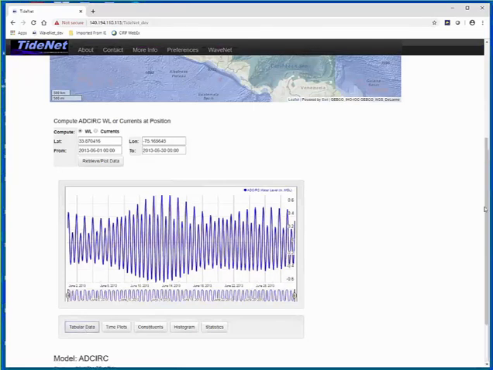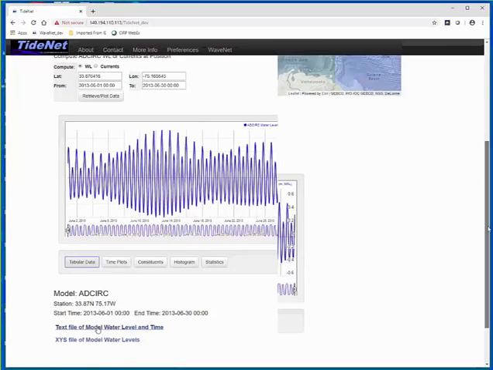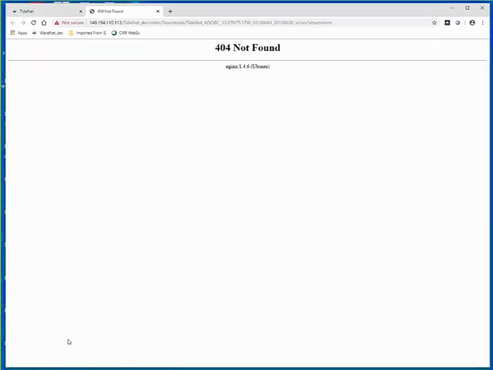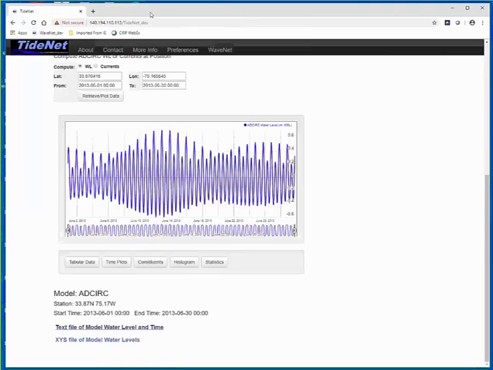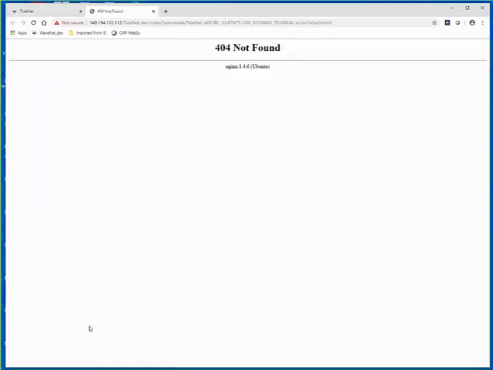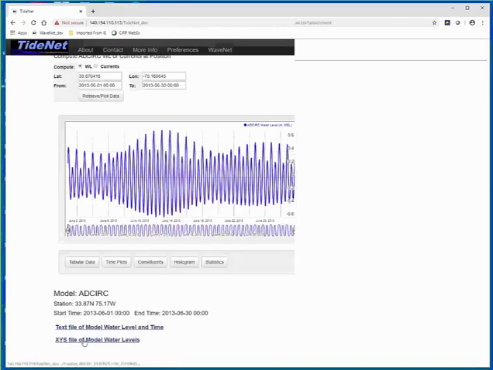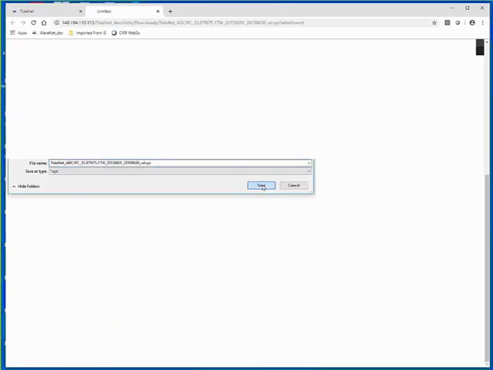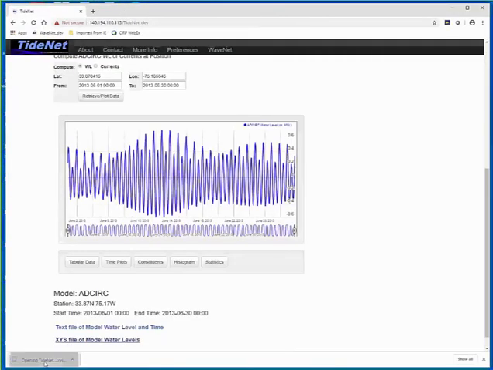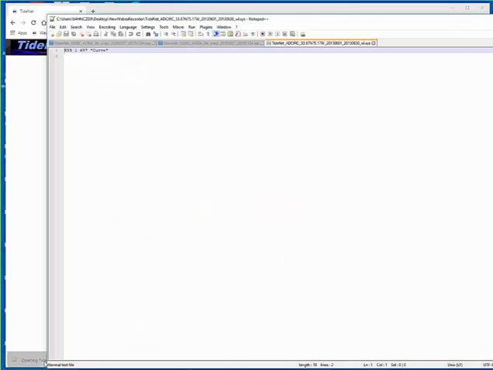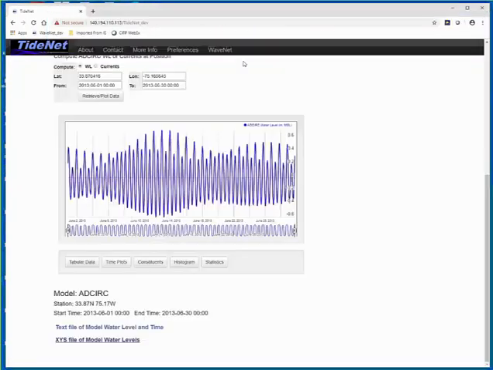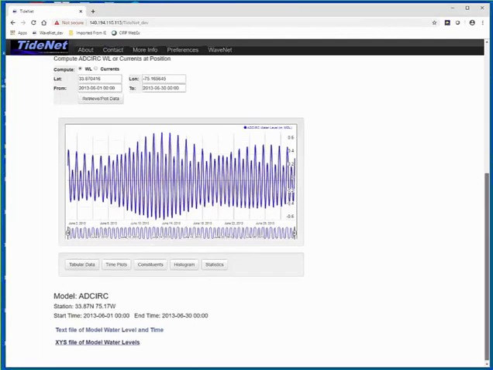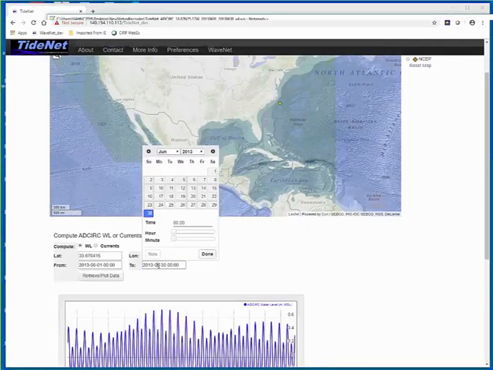Click the tabular data, and again, what is that? It says didn't find the file. Oh, that's brand new to me. This file, I have to look at it. This file is a file format that's basically specific to SMS, but again, the data seems to be missing. Let me go select a different time. Maybe the data is suspect there.